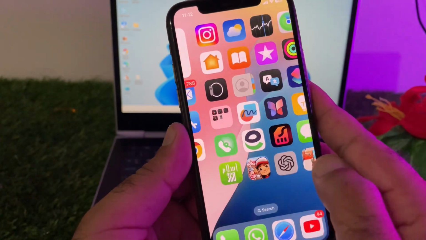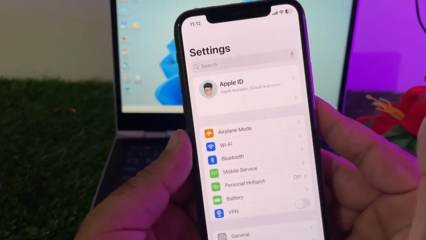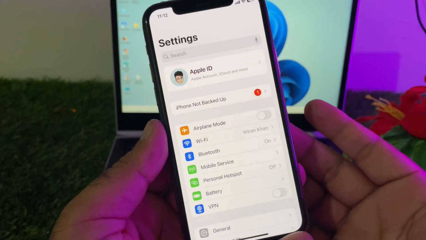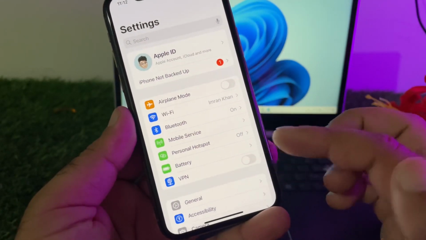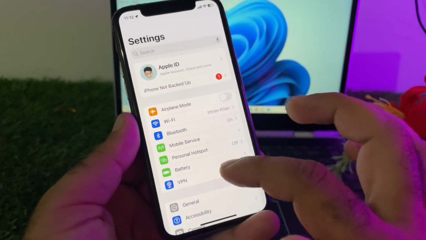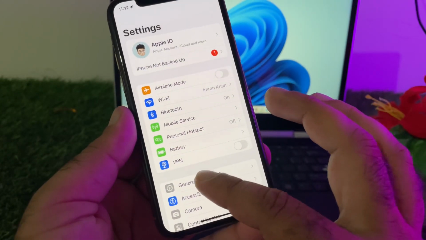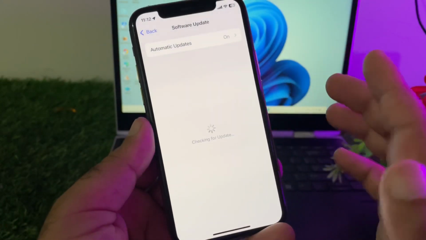So simply guys, if you're using iPhone, first of all, you may just open the settings of your iPhone, and guys, you will make sure that you have an active internet connection. After this, guys, you have the option of VPN. If there is a connected VPN, you may disconnect it. Then guys, you may open general and click here on software update and update your iPhone or iPad to the